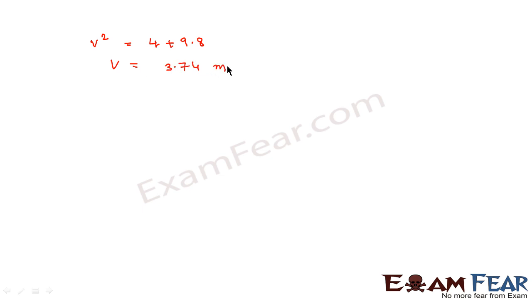3.74 meter per second. So this was the velocity of the car before colliding, while it was colliding with the spring. So in this case, what was the funda? Initially the car was moving with some velocity and the spring was at rest. Now this car hit the spring. They collided. So what happened? The spring got compressed and the car came to rest.